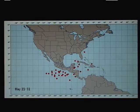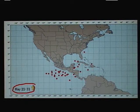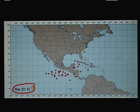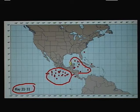Here we are in the last third of the month, the May 21st through 31st time period, and I looked at this yesterday. I thought it was worth taking a look at again today. We see quite a bit more activity here in the Southeast Pacific than we do here in the Atlantic Basin, with a concentration of what we do have over climatology concentrated mainly in the Northwest Caribbean Sea and extreme southeast